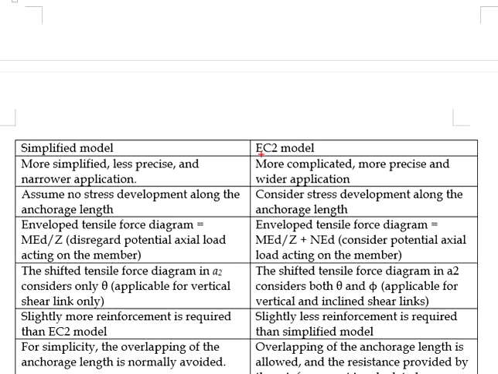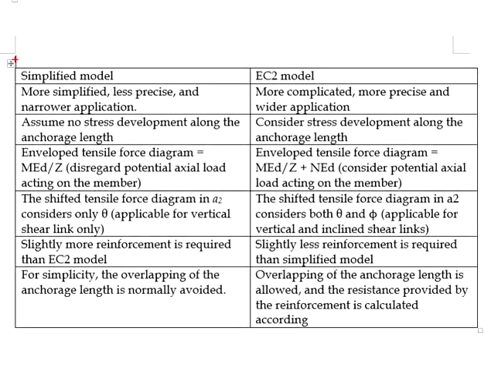However, when it comes to the Eurocode 2 model, it gives considerations on the potential axials acting onto the member. This indicates that the member is not subjected to any axial. We can simply assume this equals 0. Another difference between the simplified model and the Eurocode 2 model is the calculation to determine the magnitude of the